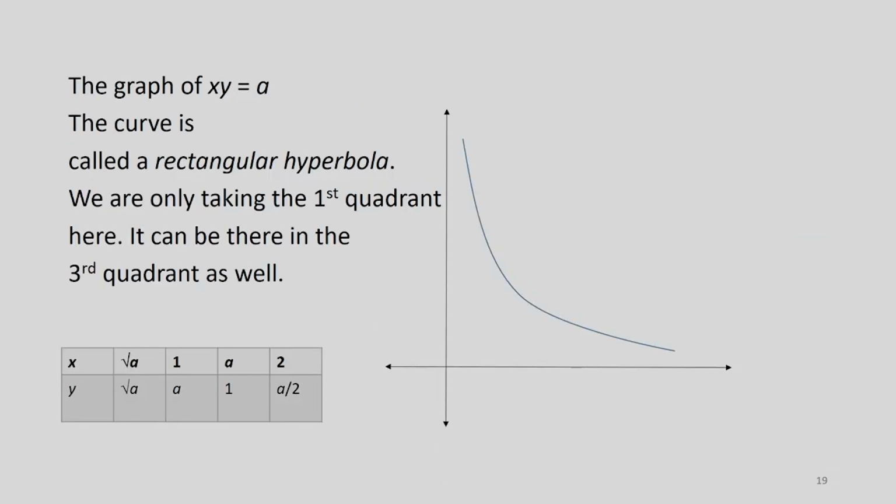Let us take another example. Suppose I take x multiplied by y is equal to any constant. The constant is given by a. Now, the corresponding graph will not be linear in this case. Here x and y are getting multiplied, and the graph will not be a straight line. The curve is called a rectangular hyperbola,